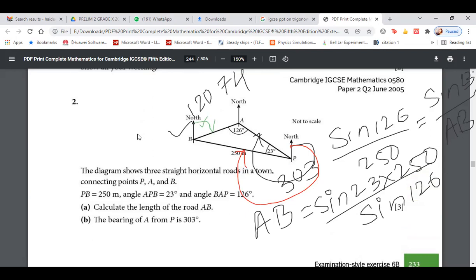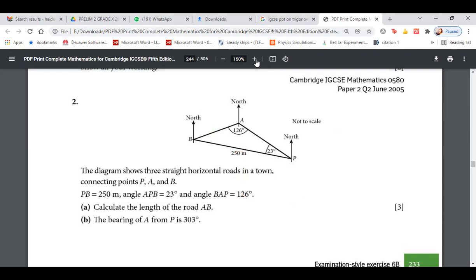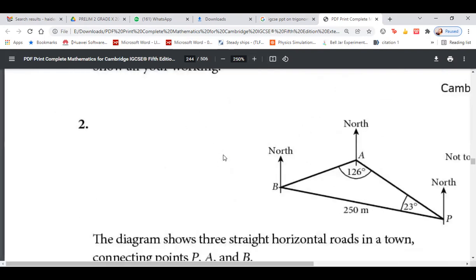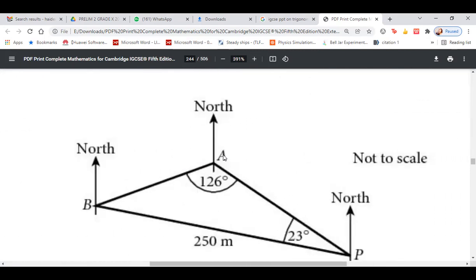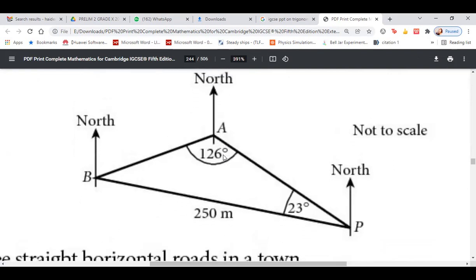If you want, I'll erase everything and zoom in on this question so that it becomes very easy for us. Once again, we need to find this particular angle. What would be your step? What are you planning, or how are you going to get it done? Sir, I got 69.